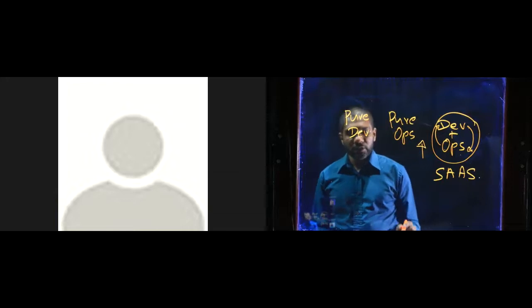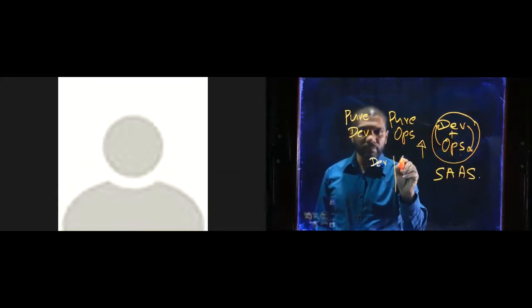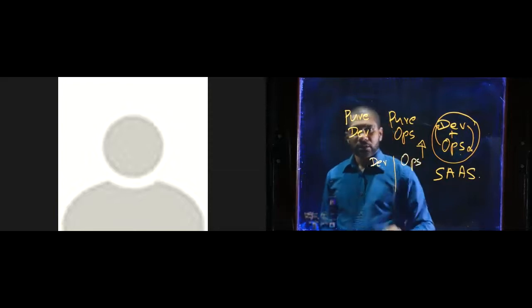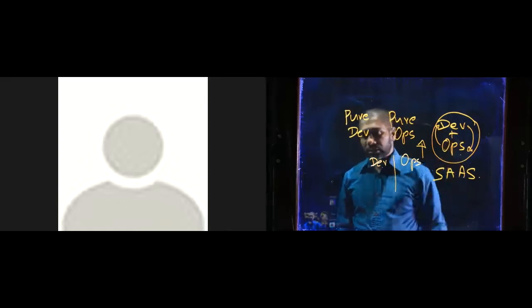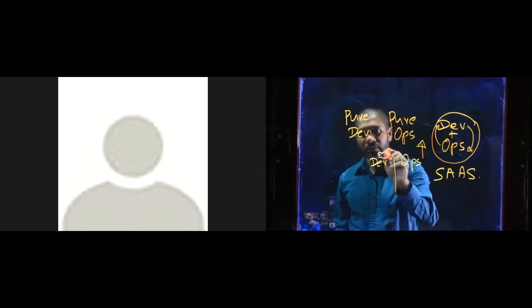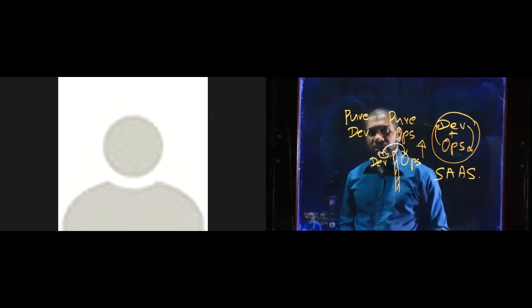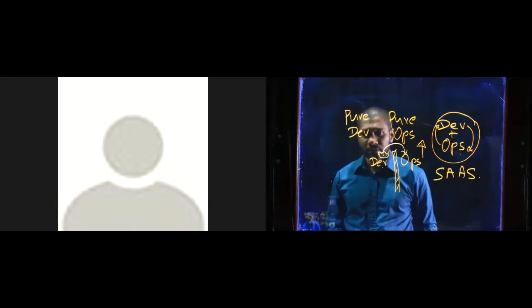Now, traditionally, we've had a very strict separation between development and operations. The joke in organizations with both development and operations used to be that the development team will make something, and then there's this big solid brick wall, and they'll throw it over the wall to operations. Then these guys have to take care of the rest of it.